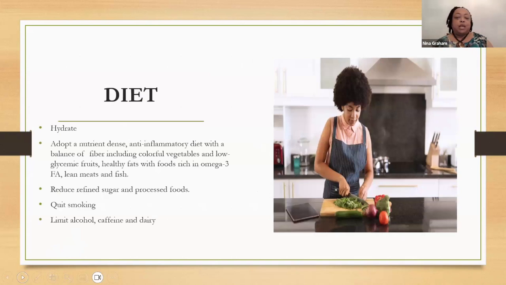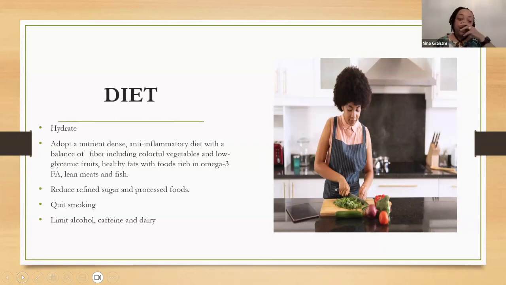Hold on a second. Okay, so now diet is important. Make sure you hydrate. Lifestyle makes for a smoother menopausal transition. When I screen women for menopause to find out what they're experiencing, the first thing I ask them in their consultation is, what's your diet like? It's good to adopt a nutrient dense